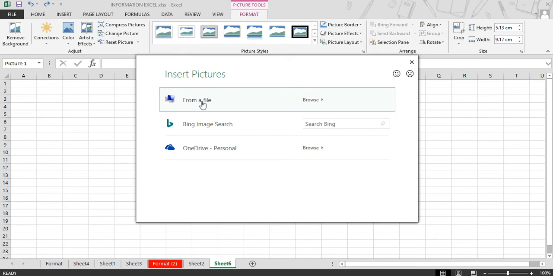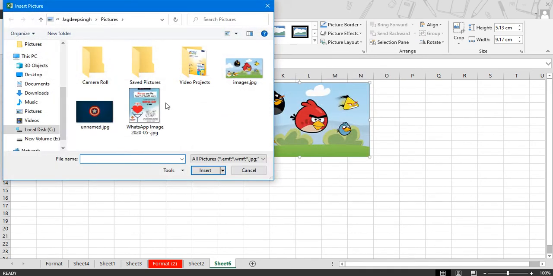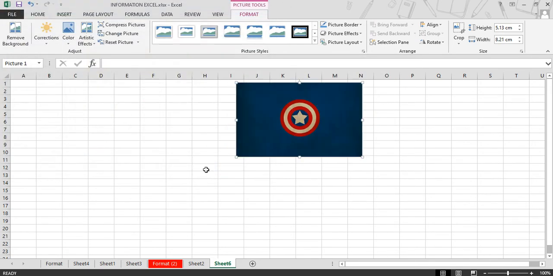Select from your computer, either you can select it from the internet or you can select it from your cloud account. So select it from the computer, select the second picture. So we have now the second picture. If you click on reset, it applies back to the previous one. Next we have picture style.